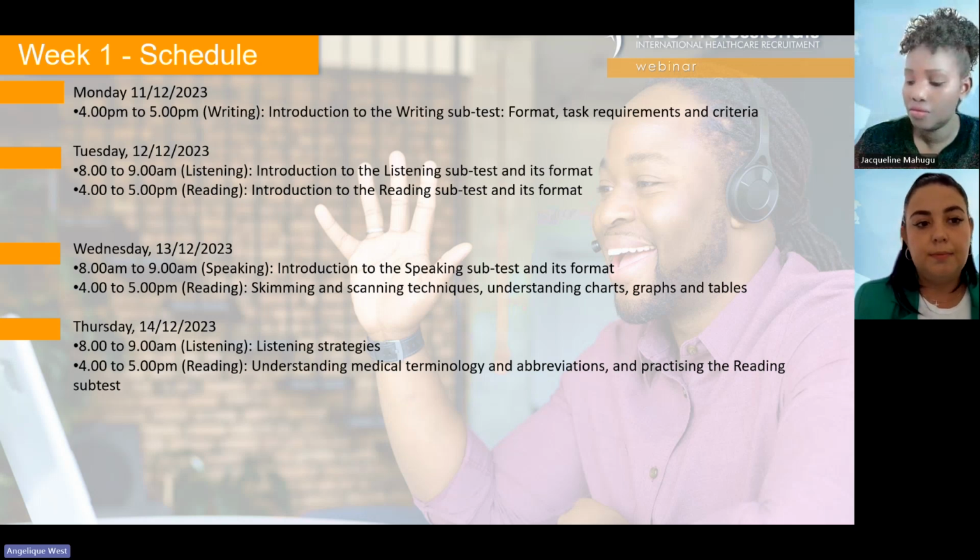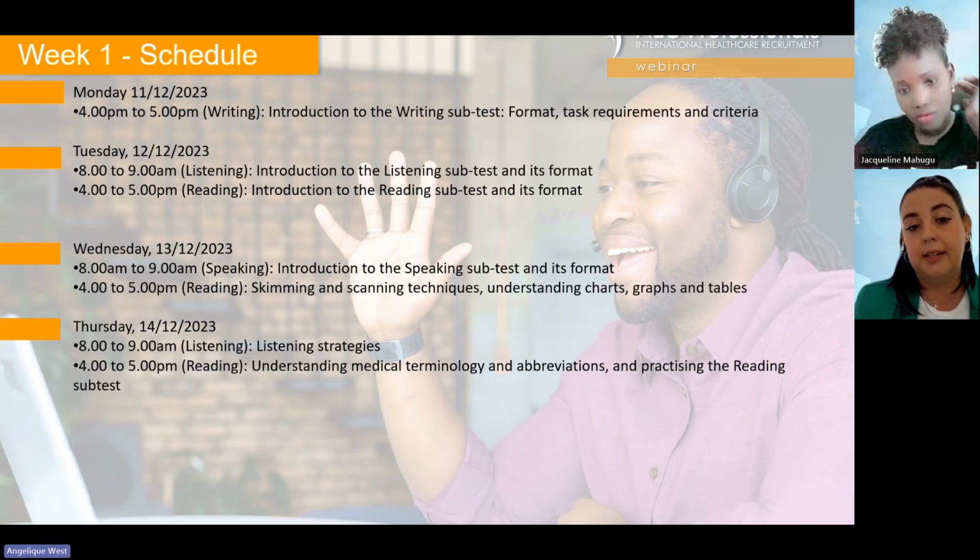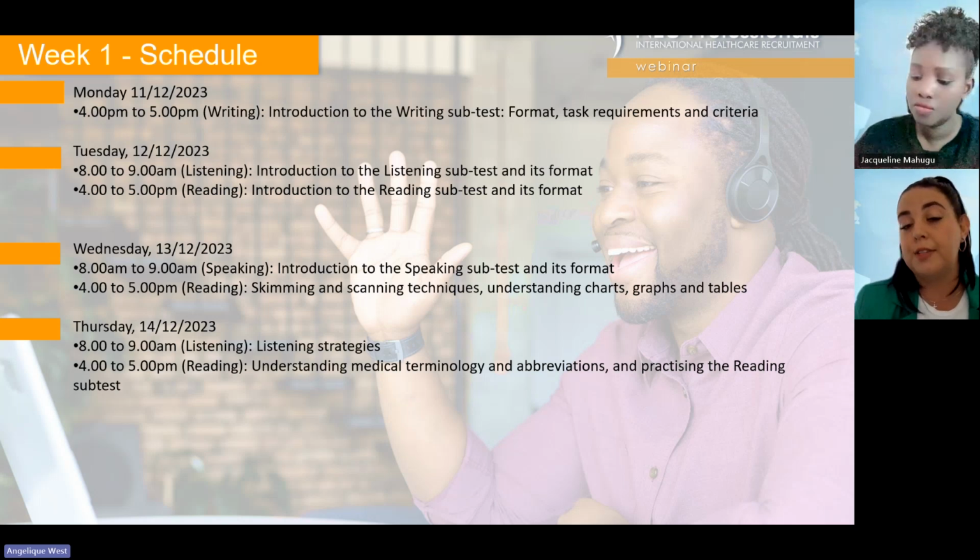The second session on Wednesday will be reading. We will look at skimming and scanning techniques, and understanding charts, graphs, and tables. On Thursday, in the morning session, we will focus on listening strategies.